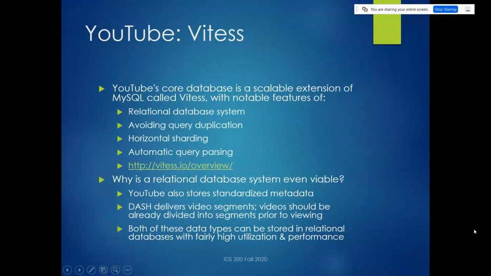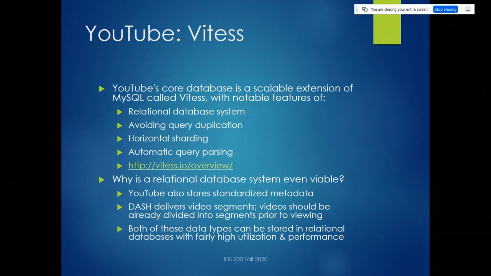Okay. Now, again, on this, why is a relational database system even viable? Everything we've talked about suggests that if you're doing video data where the data requirements are wildly divergent for individual records, it's not going to work well. It's going to be a lot of dead space in the database. Well, part of the reason why YouTube, number one, it stores standardized metadata. So all the things that it stores about the video, like links, keywords describing the video, like the artist, the year, the time, the genre of the music, that's all stored as standardized metadata formats, and that naturally fits with